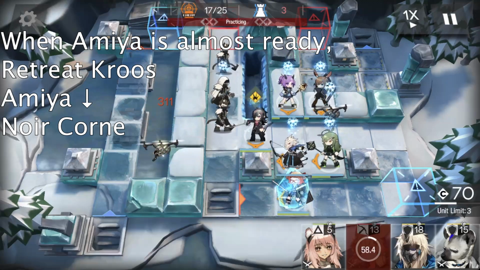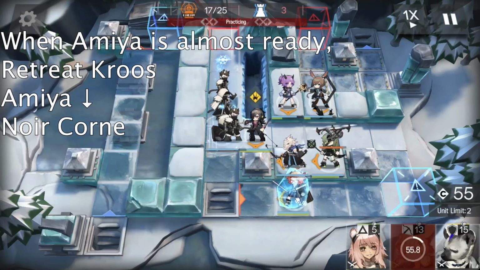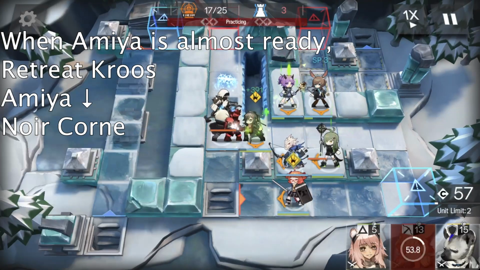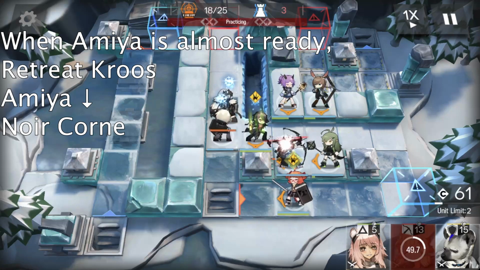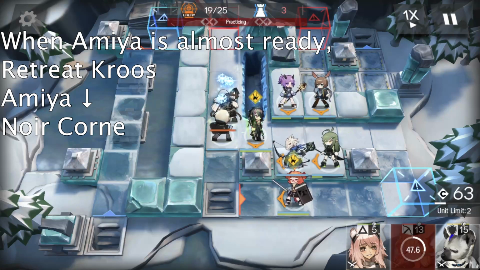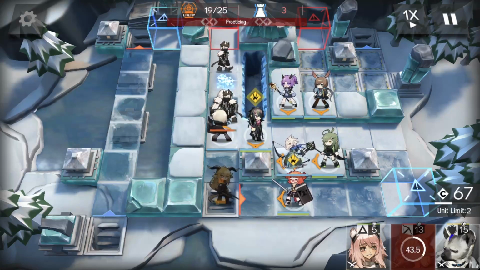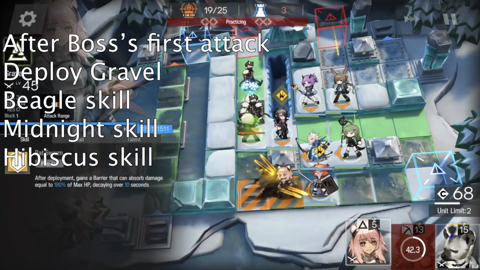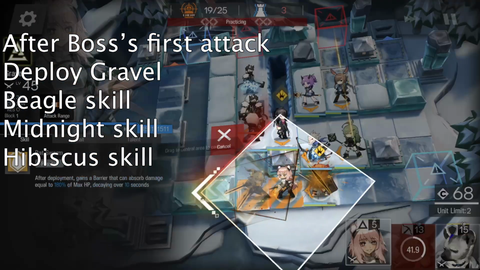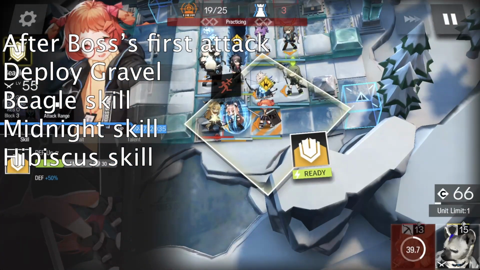We also defend with Noir Corn just to block more enemies from reaching Midnight, so that Midnight can later use his ranged attack to attack the boss instead of attacking the enemies that he is blocking. Let's slow down the game a little bit when the boss comes out of the stairs. First, we wait for the boss to attack Beagle, and then immediately deploy Gravel to trick the boss into using